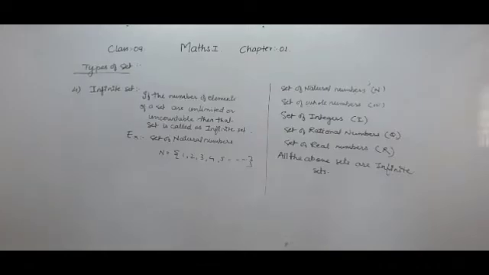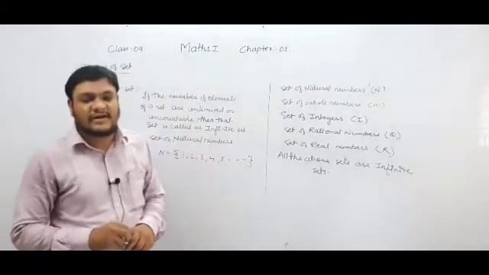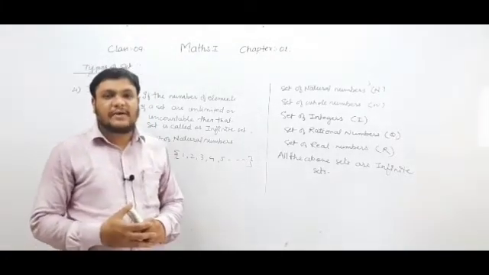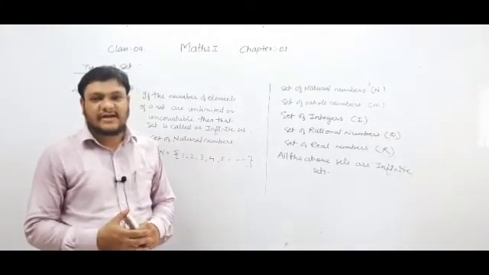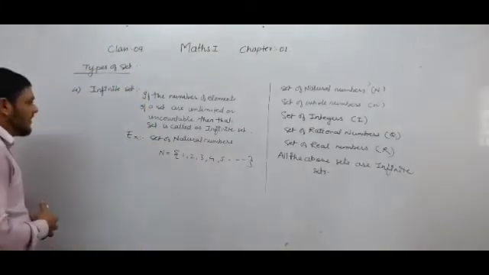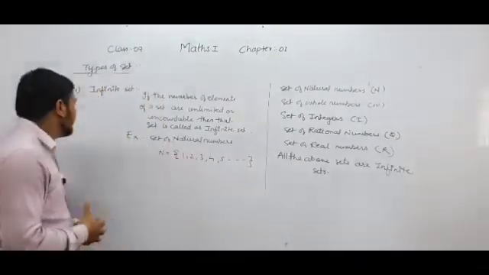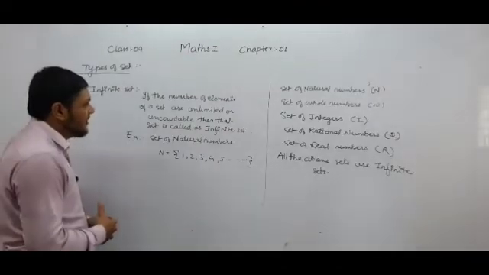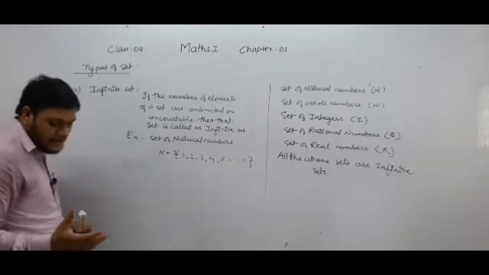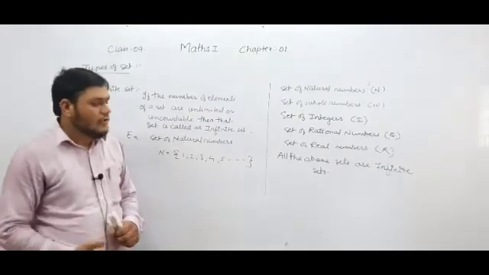We have studied 4 types of sets here. First one is singleton set, a set which contains only one element. Empty set or null set, a set which does not contain any element satisfying the given condition. Finite set, if the number of elements of a set are countable, or if it is a null set. Then we have studied infinite set, if the number of elements of a set are uncountable, unlimited, then that set is called an infinite set. So student, hope you understand.